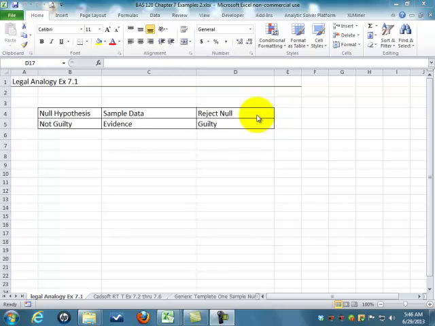But it's helpful for many students to remember and keep in mind that it's very similar to the legal system. My null hypothesis is to assume the status quo, that nothing has changed. I collect sample data. If my data provides enough evidence for me to be convinced that my null hypothesis, or my status quo, is not true, then I can reject the null hypothesis. So let's go to example 7.2 where they do a